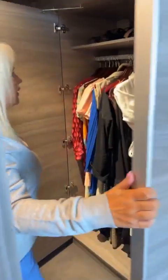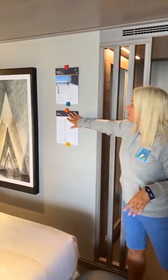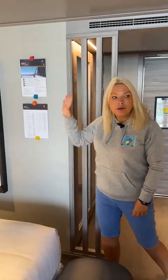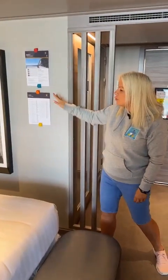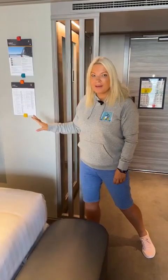So that's fantastic, but you can see lots of storage. Now normally I bring lots of storage ideas with me. I have brought them, but you know what? I've not used them because there is so much storage in here. There's plenty and plenty of room. The only thing that I've probably used are my magnetic clips for the daily planner. Plus the walls aren't magnetic at all in Yacht Club. There's only literally this big. But I've got over the wall hangers, magnetic hooks, all sorts of things, but I don't need them because there